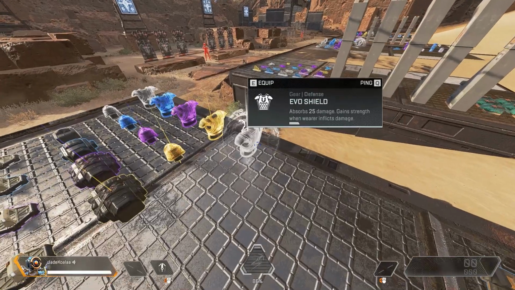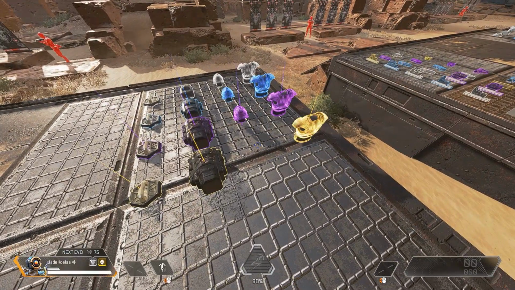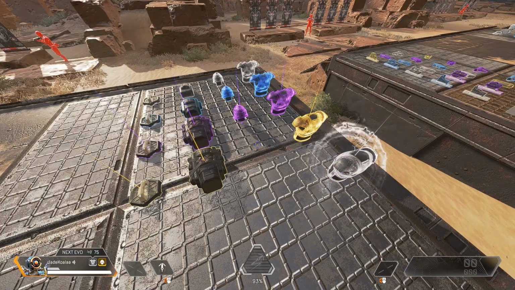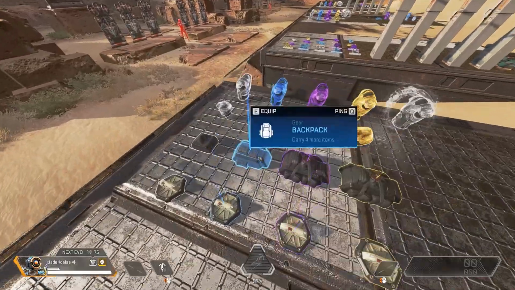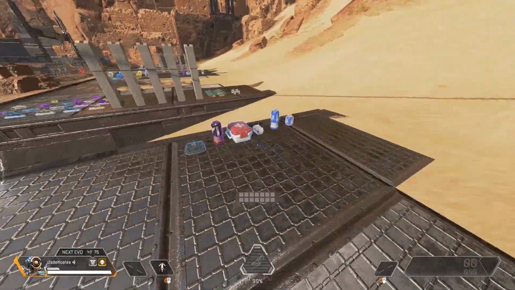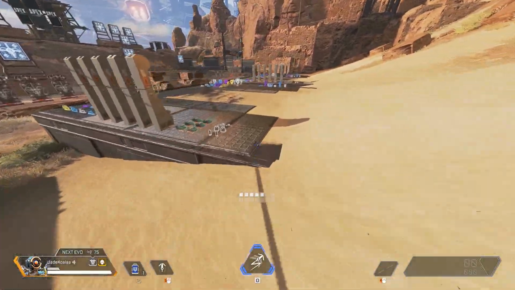For me, I like a bit of a challenge, so I'll just grab an Evo shield. Always grab the gold helmet because that will help you to use your Legends abilities quicker. They'll recharge quicker. And then just grab a bag, so it doesn't really matter if you grab any bag, but I'll just go blue because I want to keep it as realistic as I can. Grab a little bit of health. Now,